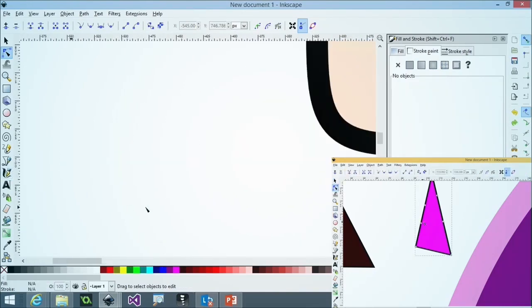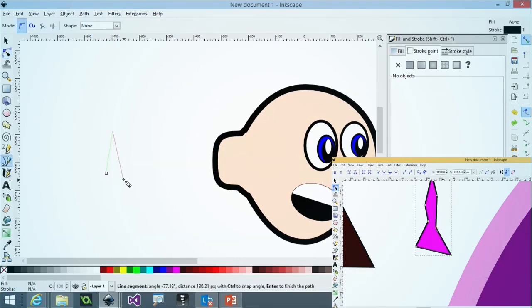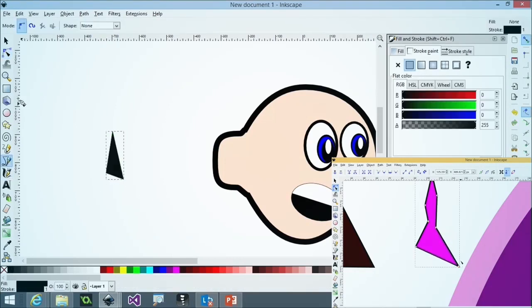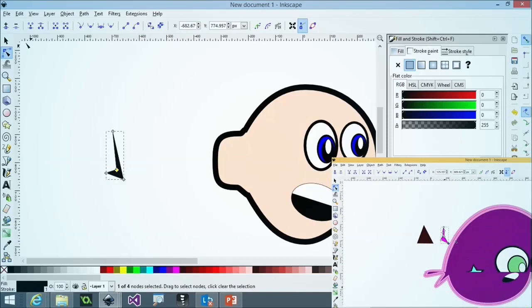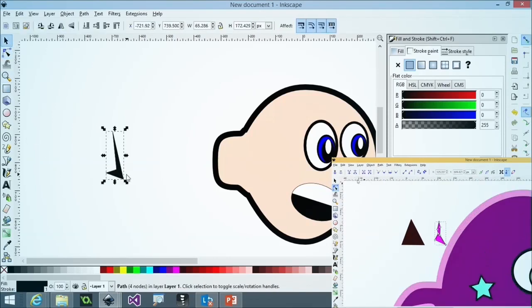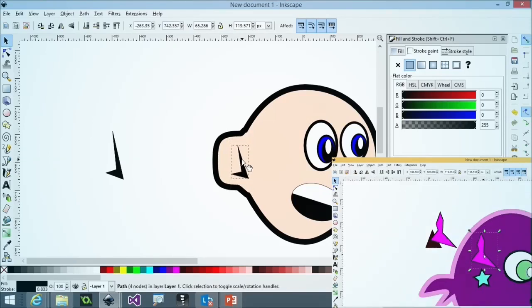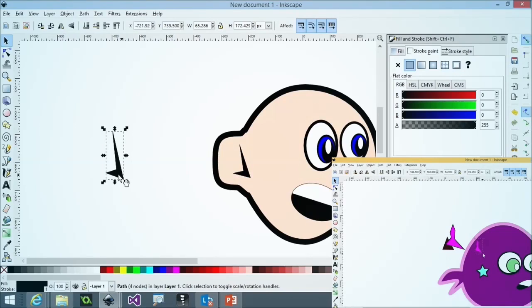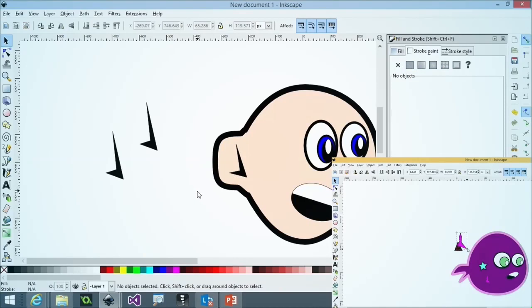Exactly. So let me do that one more time for my guy. I need to make it the right size here. And I'm going to kind of just make it like that. Do it quickly. I want to make a copy of it. I need 2 more of them. So Control D and Control D. I'll put one there. And actually, I was going to use